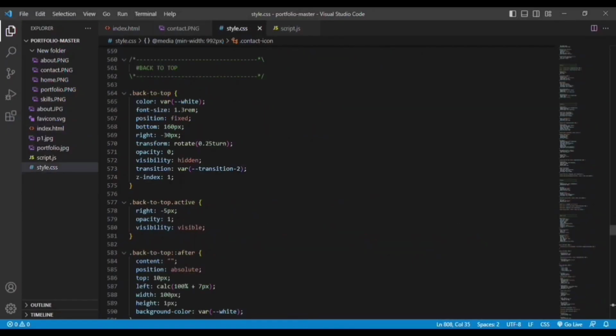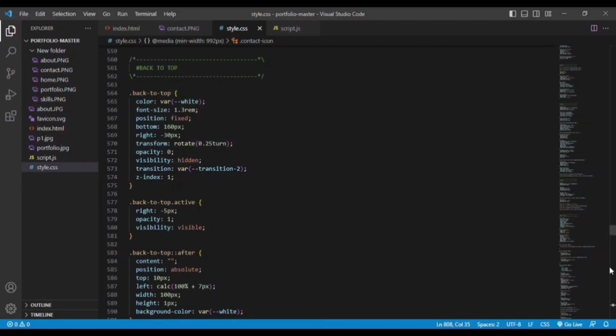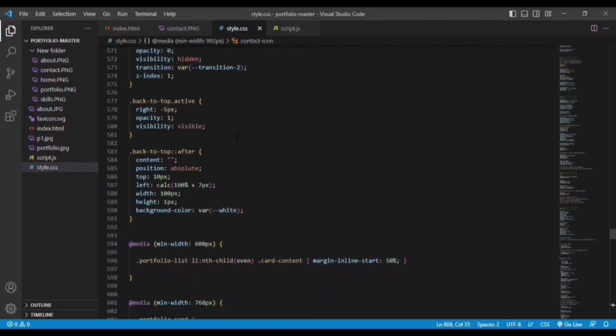For that we are adding the CSS styles here. You can see color, font size is given, position is fixed. Toward the bottom right hand side, at this particular end of the website, you can see the back to top button. And whenever the back to top button is active,